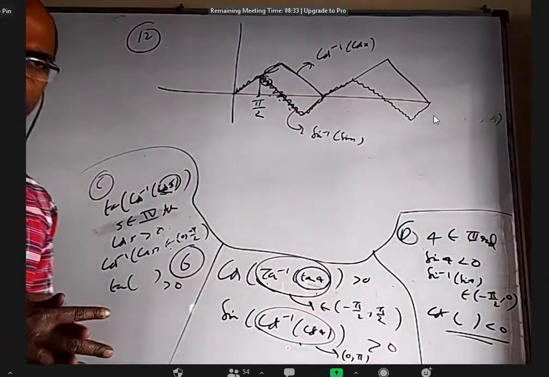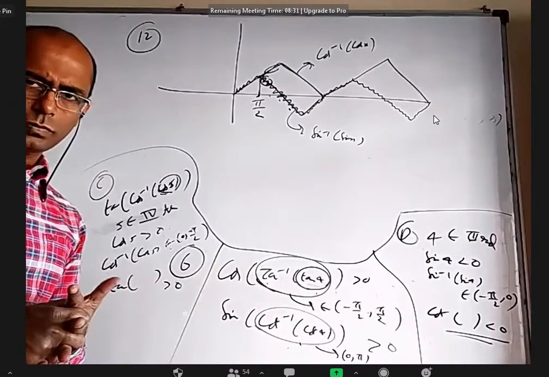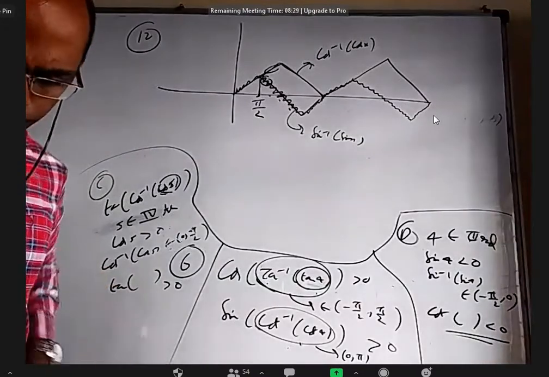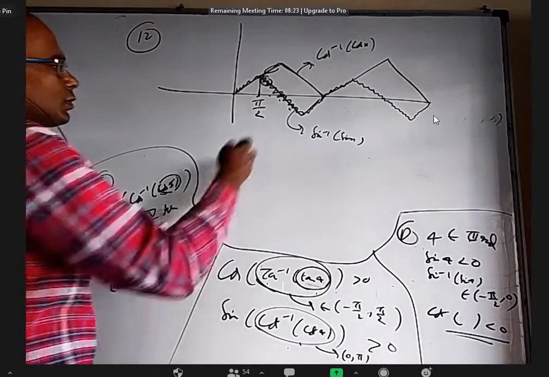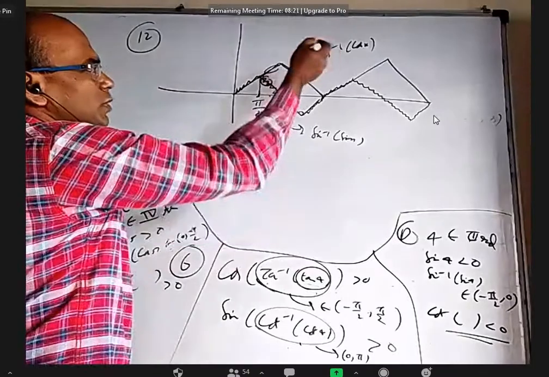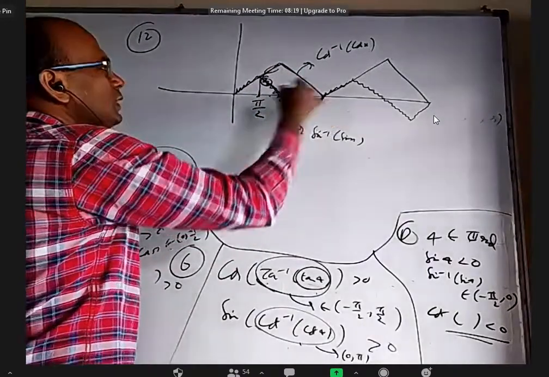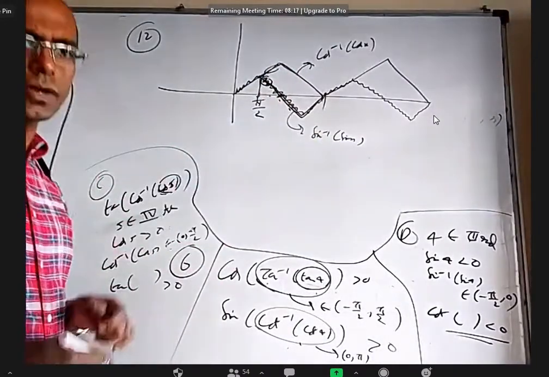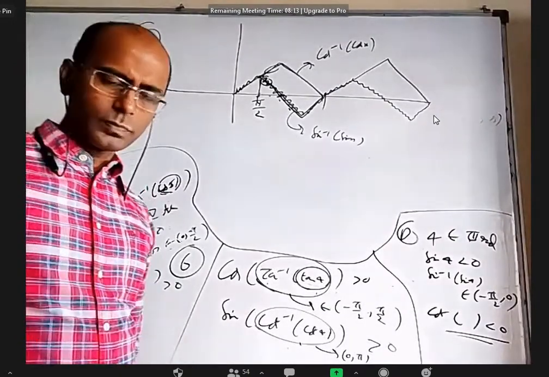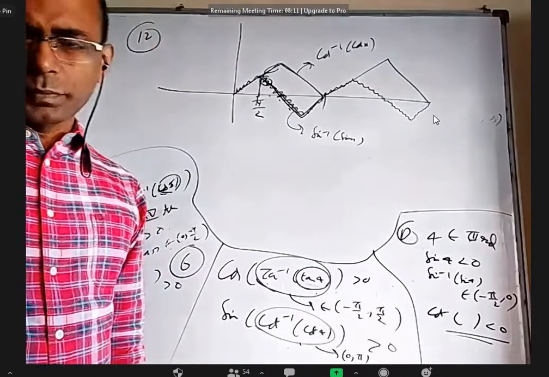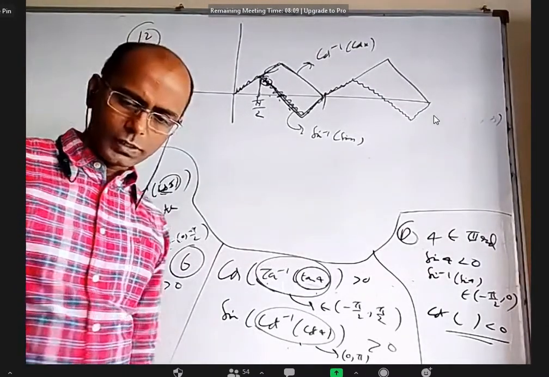All right, 12th one? Yes, sir. Option B wants f of x to be less than g of x. So the curve of sin inverse sin x should be below cos inverse cos x. That is all this, everything between pi by 2 to 2 pi, or any subset of that. Yeah, open at pi by 2, of course. They did not give closed anywhere.